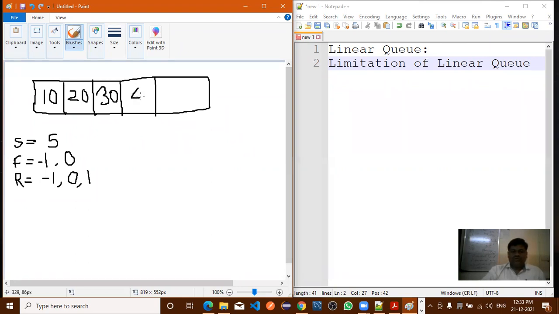Now here 40, after that 50. What is the value of r here? 3, 4. Now the value of r is 4. Is it possible to insert the next element if the size of the queue is 5? No. Here the size of the queue is 5. Now all the elements are inserted, so the queue is full, right? Now how do we check whether the queue is full or not?